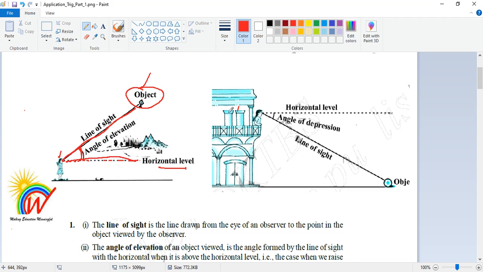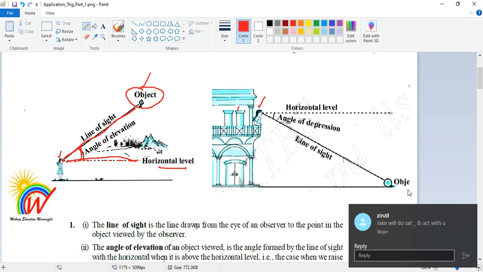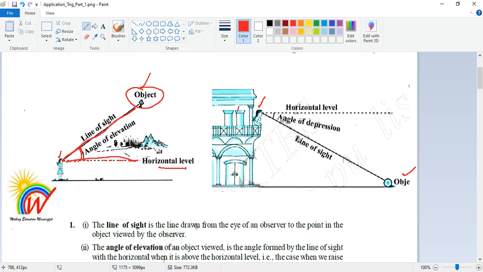Now here you see this girl is standing over here. Now she is looking at an object which is down, right here. Here what will you do? Again, the horizontal level is this one, the horizontal level her eye makes with the earth, the parallel line with the earth. So now here, this is your angle of depression. Now she's not looking up, she's looking down, isn't it? This is the line of sight, this line again. So the angle made between the line of sight and the horizontal level when the person looks down is called